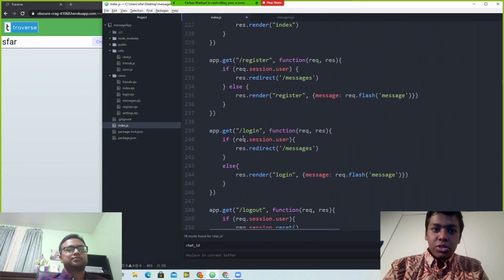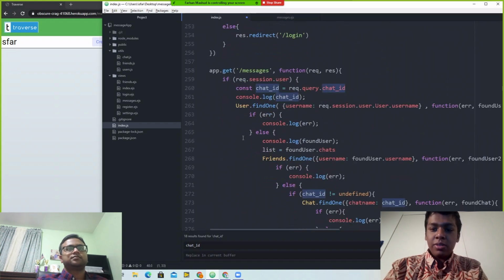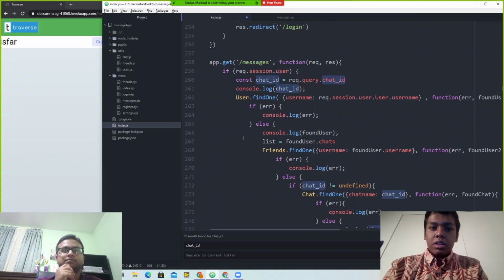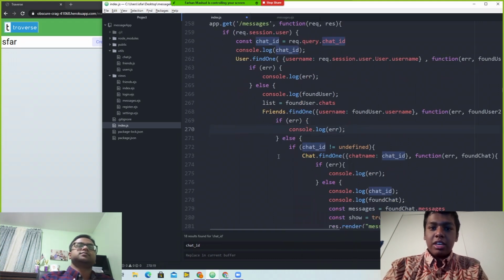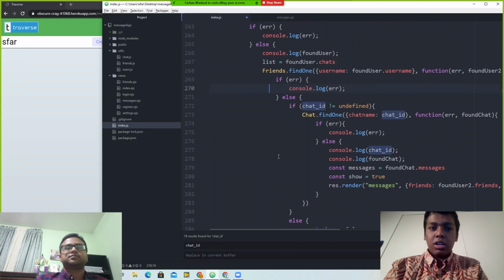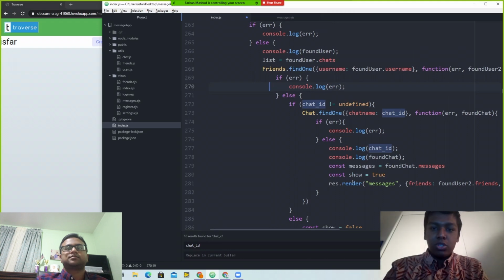If I go to the get method for messages, so the get method is basically getting the messages from the user to pass into the backend. So if we're looking at the EJS templating, we look at line 281,